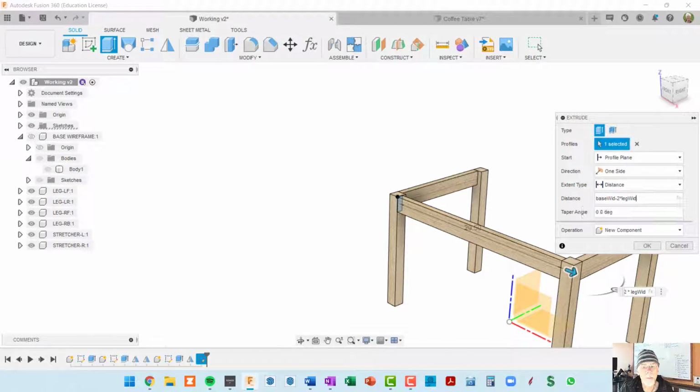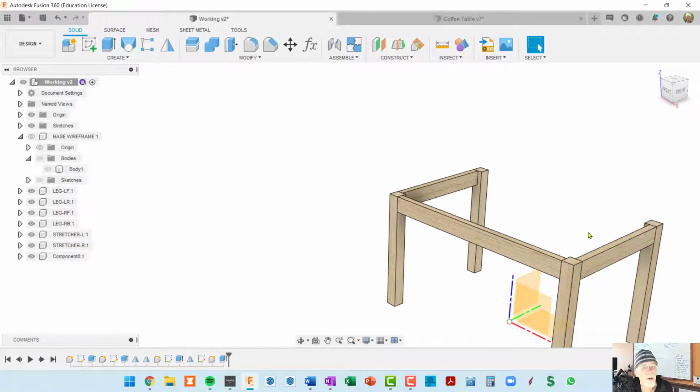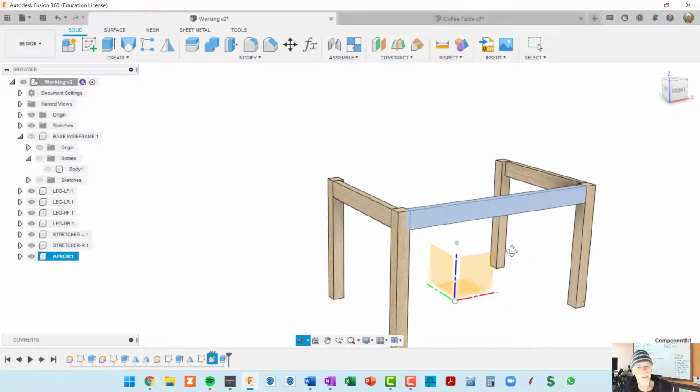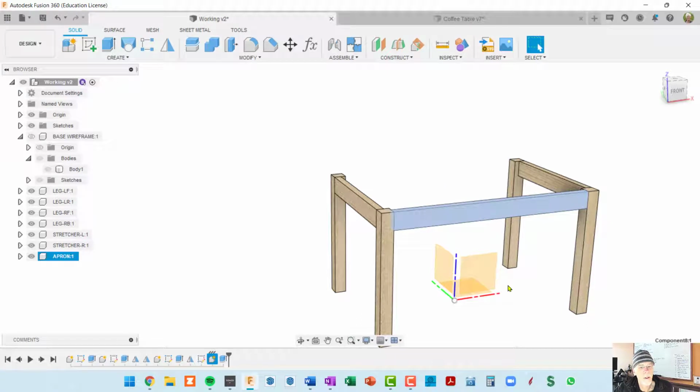All right, so that formula looks like it worked. And let's see where the new component gets created. Here it is, it's in the right spot, so that's great. So I'm just going to click, wait, click a second time, and I'm going to call this an apron. Okay, so that is our front apron, and we'll use the almost identical technique to mirror to the other side